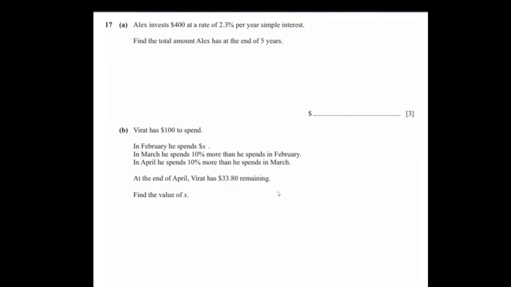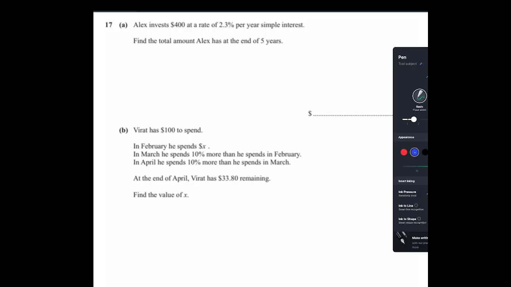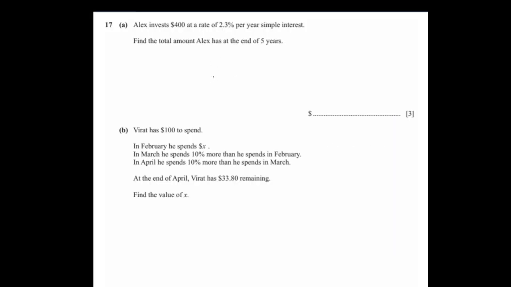Question number 17. Alex invests $400 at a rate of 2.3% per year, simple interest. Find the total amount Alex has at the end of 5 years. So for finding the simple interest, we will have to do just P into T into R by 100, and for the total amount you have to add the principal to it. Total amount at the end of 5 years